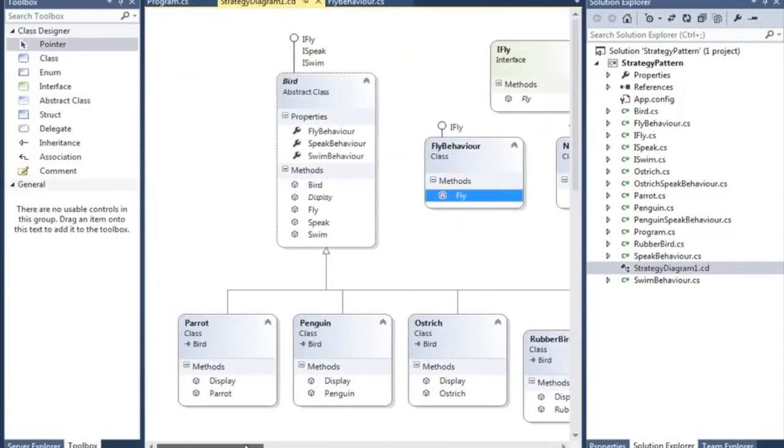That's our bird class, an abstract class, which has 3 behavior properties based on iFly, iSpeak, and iSwim.